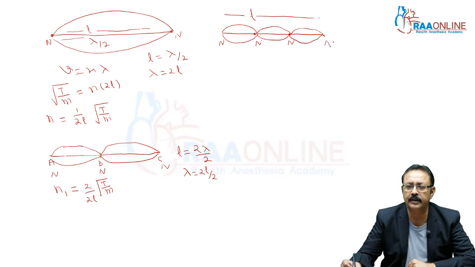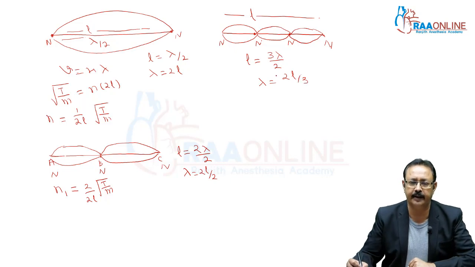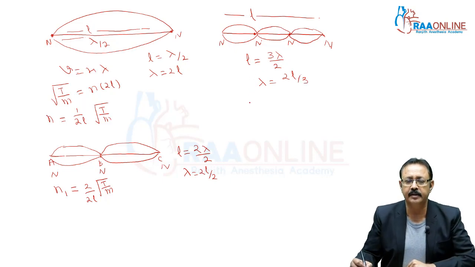Now L is equal to lambda by 2, 2 lambda by 2, 3 lambda by 2. So you will get a wavelength of 2L by 3. So it means you will get a sound of frequency